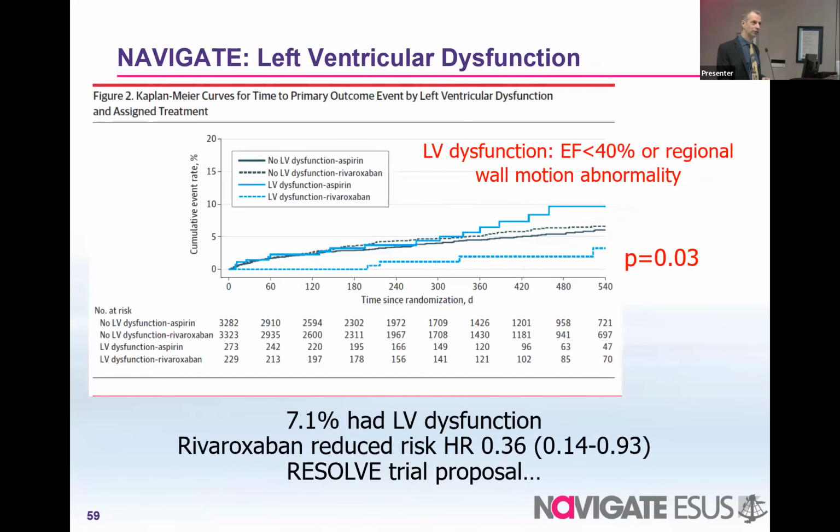The one other group of interest from Navigate was the patients with left ventricular dysfunction. Left ventricular dysfunction has been a topic that's been studied extensively in patients with really severe heart failure, very low ejection fractions, less than 30%. They're at such high risk of progressive heart failure and death that it's really hard to show benefit in this population. A couple trials showed that anticoagulation reduces the risk of stroke by half in that population, but again, they're so much more likely to die of their heart disease